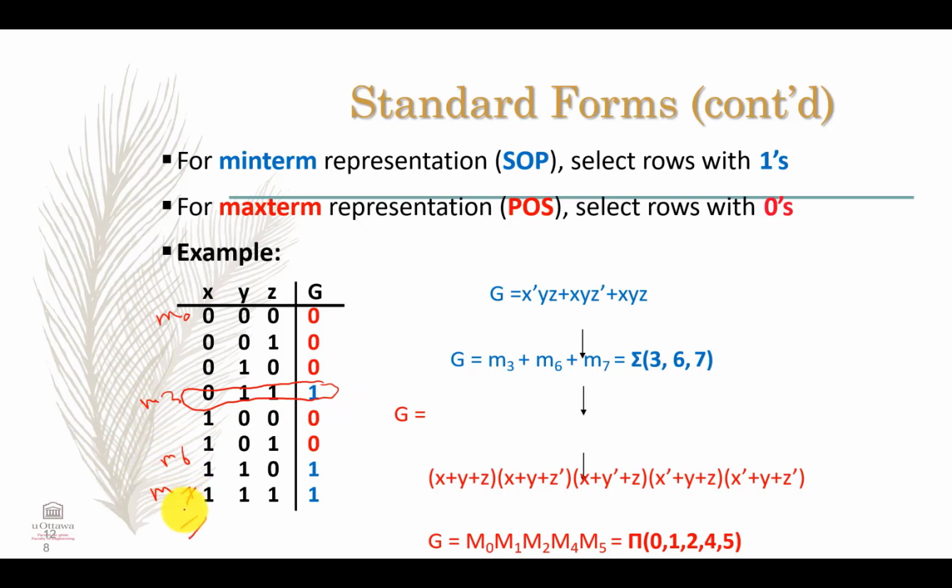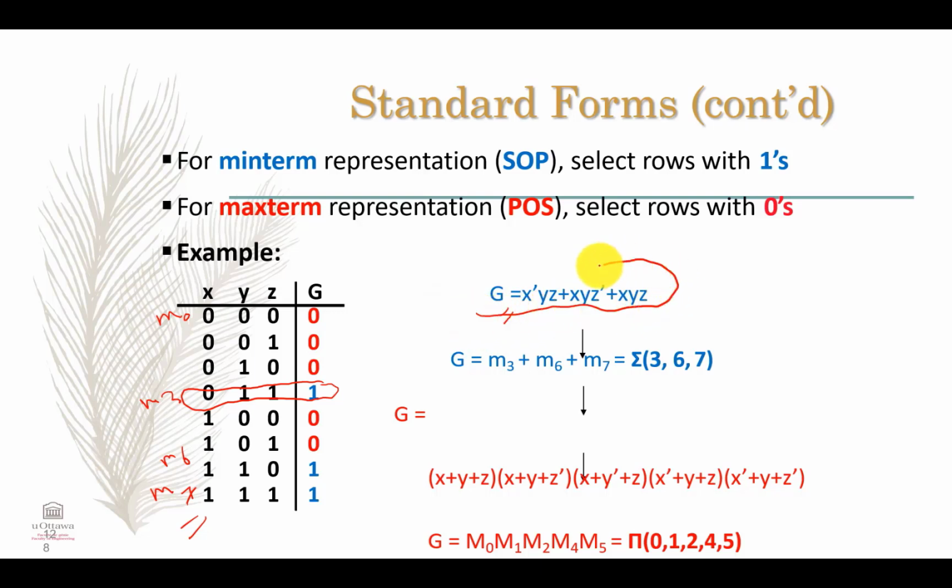So what I'm going to do is sum those products, because I will write the minterms in a product format. m3 can be rewritten as x prime y z, and m6 can be written as x y z prime. m7 can be written as x, y, and z. So I will sum them together, and as such, function g can be represented